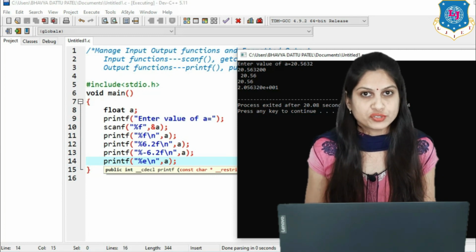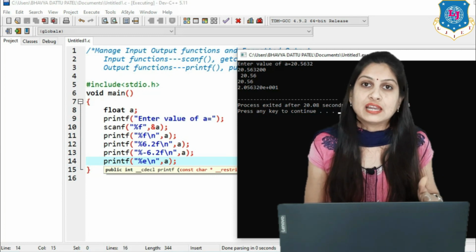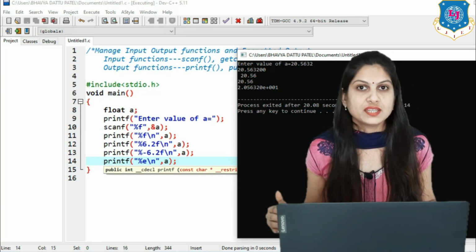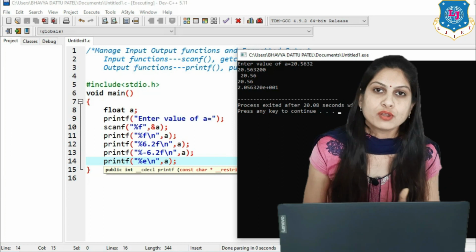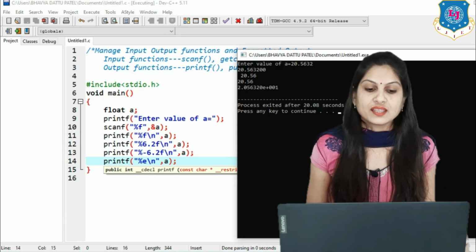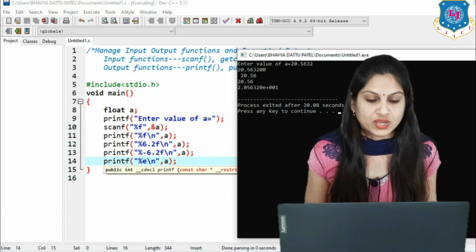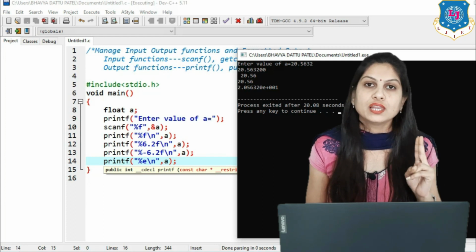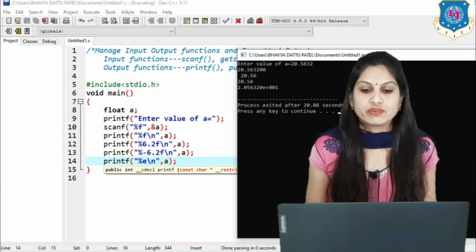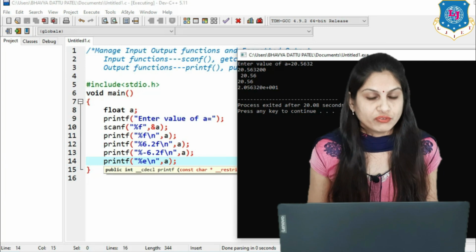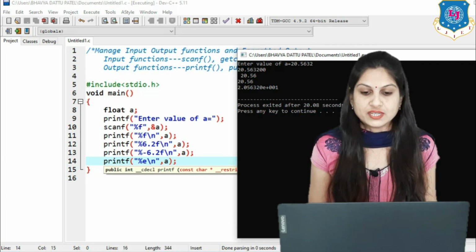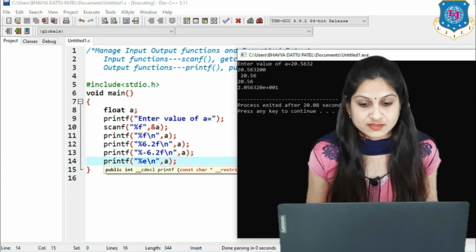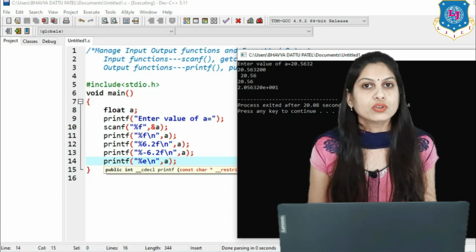Then %-6.2f means we have to start from the left hand side; plus indicates we start from the right hand side, and minus indicates we start from the left hand side. In that case too, 6 blocks will be allocated, and after the point it prints only 2 digits. So our output is 20.56, and the last one is the exponential form of that value, that is 2.056320e+001.